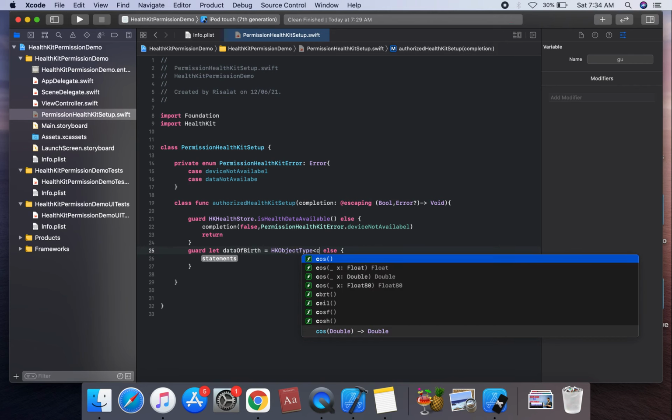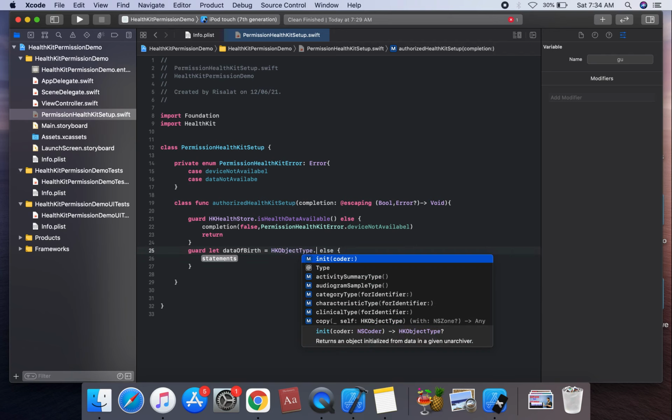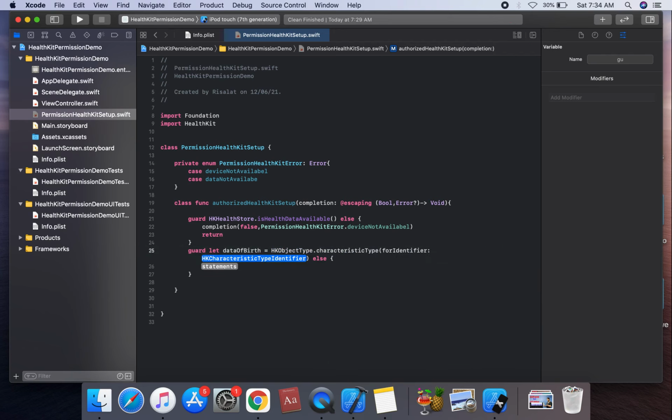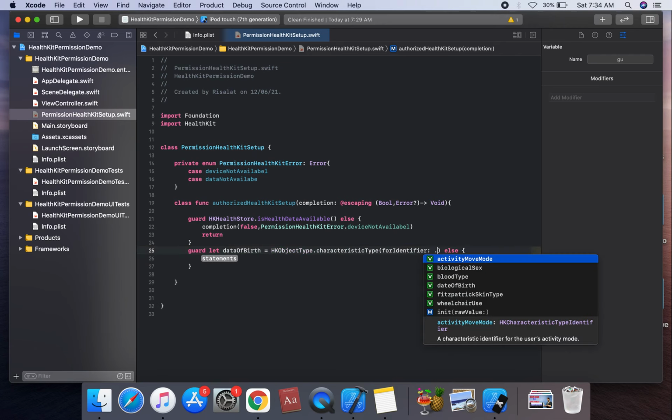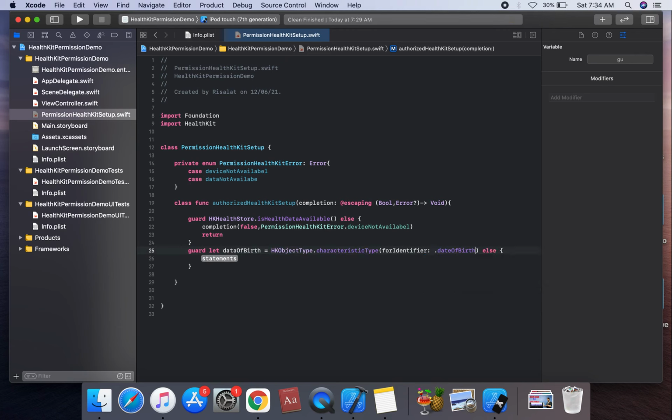HK object type dot characteristic type for identifier, and dot firstly is date of birth. Accessibility on this date of birth, and we can create on this data.